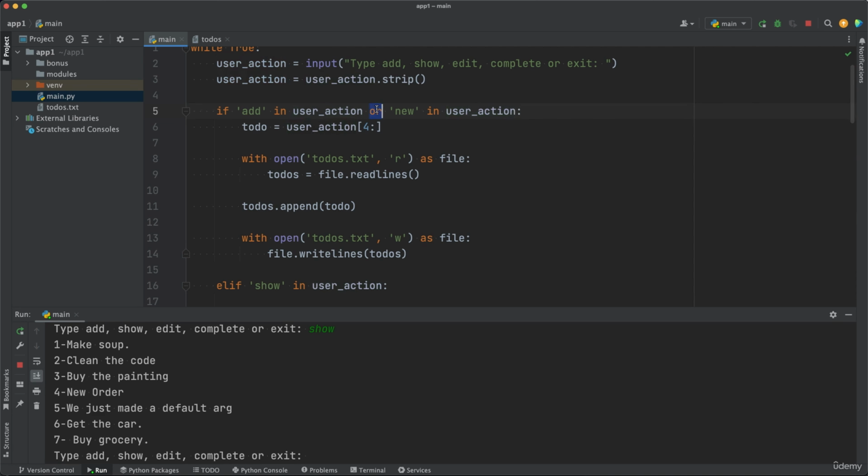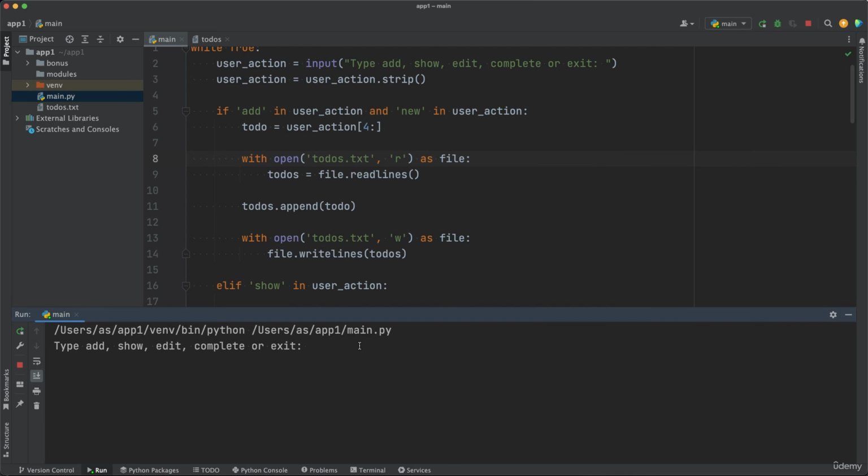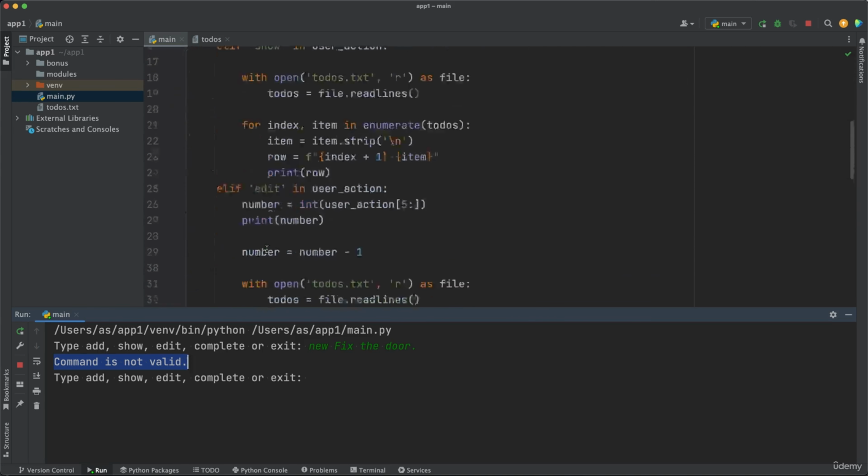What if we had and instead of that? So and is the next Boolean operator. And let's see how the code output will change with that. So again, I'll try new, fix the door, press enter. And in this case, we got this output: command is not valid. That means